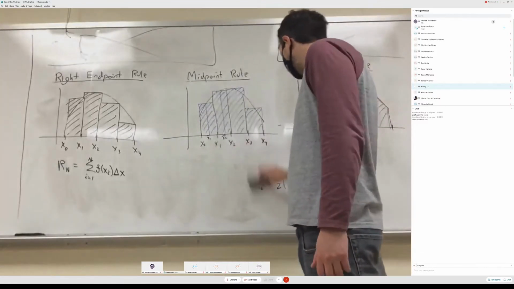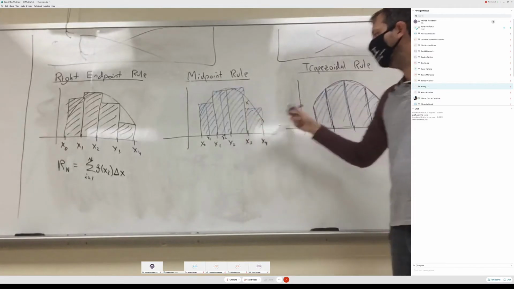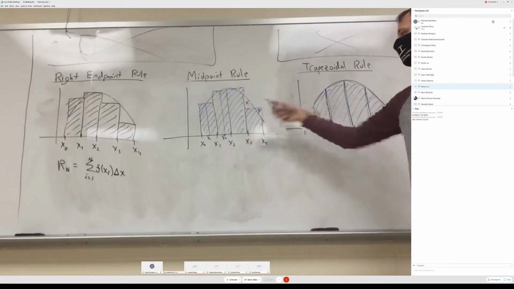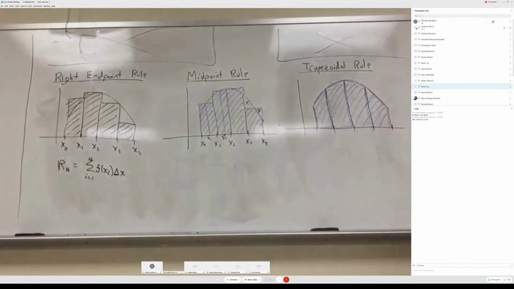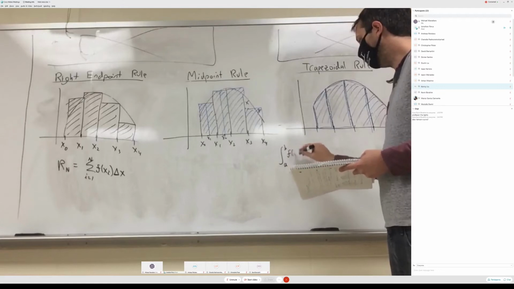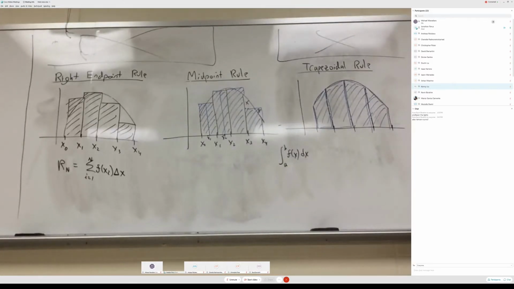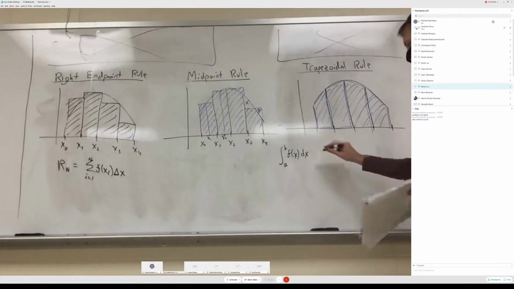It actually looks better than this one, where there are clear errors. This one turns out to be about equally good, just because it's created in such a way that those errors always cancel out. But the trapezoidal rule is definitely the first very commonly used rule that we're going to come across. So the whole scheme of this, again, there's the integral of x dx that we're approximating, and we're going